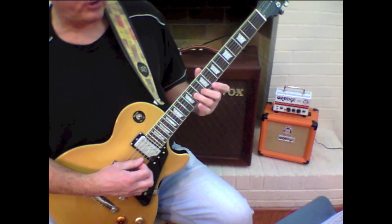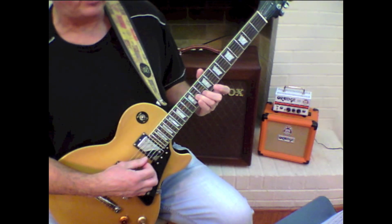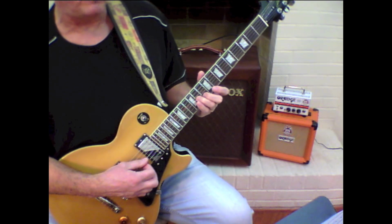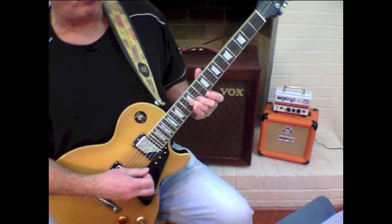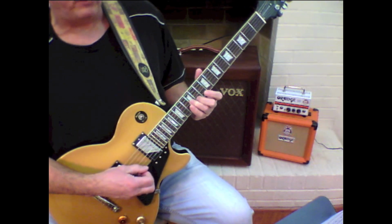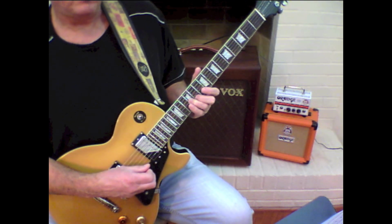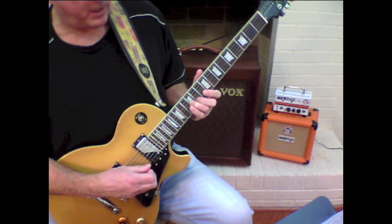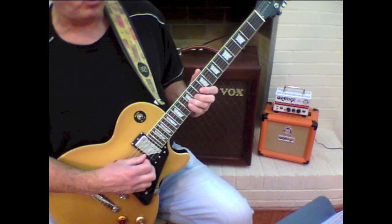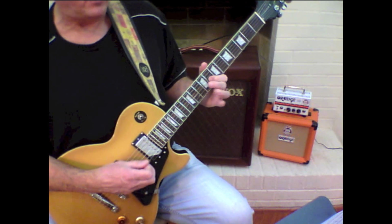Then we're going to slide both those fingers down to 10th position on the B and the 11th fret on the G string. Then we're going to slide them up 1 fret to the 11th fret on the B and 12th fret on the G. And then pluck the 11th fret of the B string. And then slide from 12 to 10 on the G. Then hit the 8th fret. So it's...